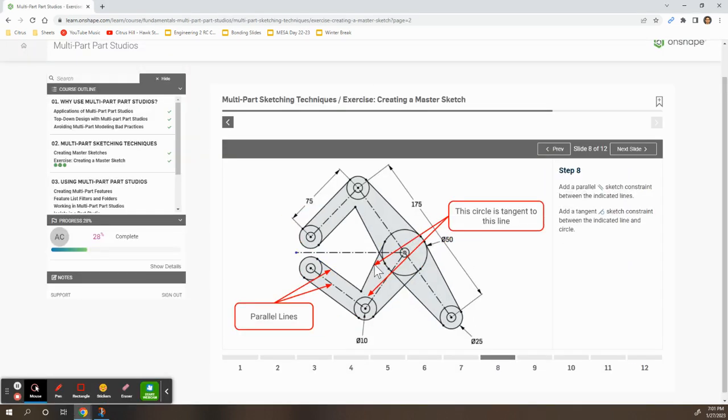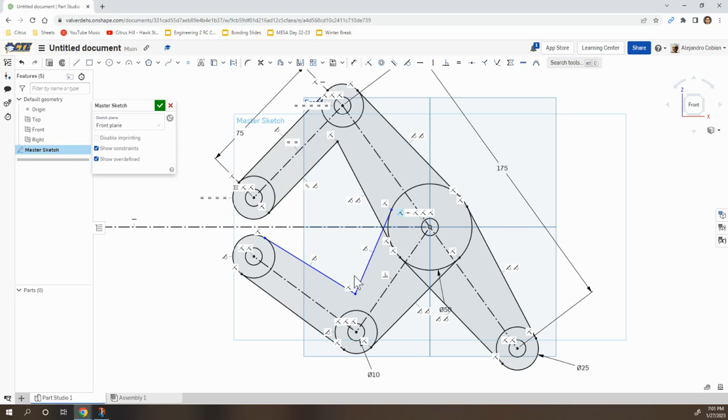For step 8, we're completely defining the 2 lines that were blue. So this line will be tangent to this circle. This line will be tangent to this circle down here. So key thing to notice, you don't have to do this, but I just want to highlight this. If I create a construction line that is connected to this line here, and if I make this construction line parallel to our line that's already existing,